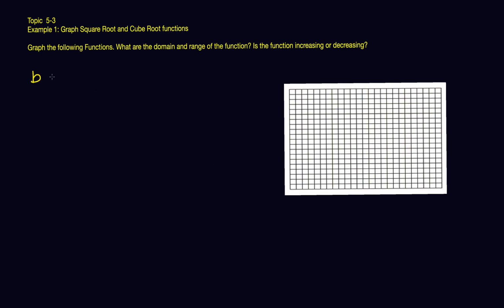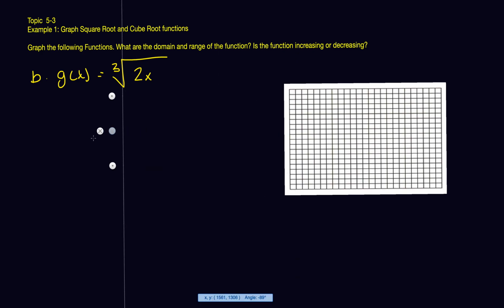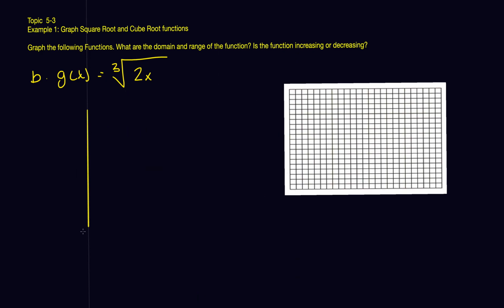Part B is g of x is equal to the cubed root, and now we're going away from that square root. We're looking at the cubed root of 2x. Again, I'm going to start with a table of values. I know I have to get the ruler here. Go down like that, spin my ruler around, and draw my t-table nice and orderly. I'm going to have x here, g of x on the right hand side,